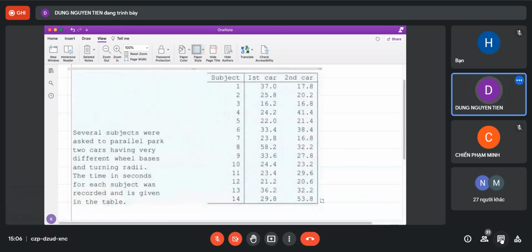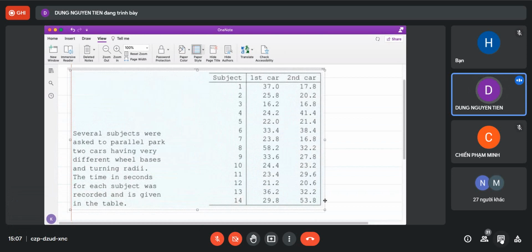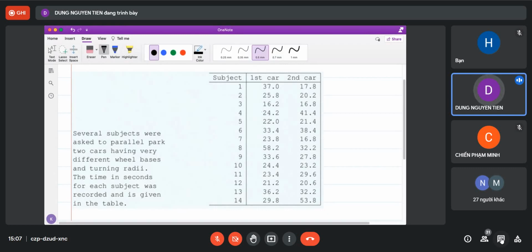Let's have a look at the following example. Suppose that you select several subjects and they were asked to parallel park two cars having very different wheelbases and turning radius, and you record the time in seconds that each person needs to park each car. So in this case, there are two samples here, right? The first sample for the first car and the second sample for the second car. And you see that the numbers here, you have several pairs, and the two numbers in each